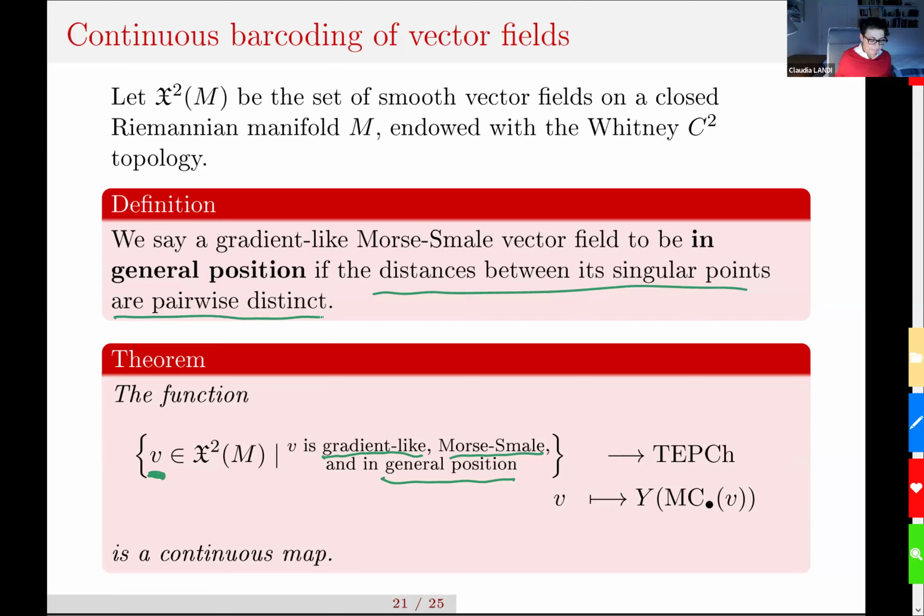Is it true, and you can correct me, this is fairly intuitive, that if I go from the first picture to the second picture, where I simplify a pair of minimum and saddle, that I destroyed a homology class? Is this what's being captured, or is the barcode capturing something more than this? And no homology class is destroyed because this pair doesn't give any homology. Exactly, because the pair